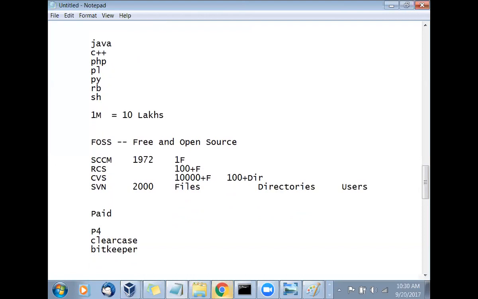Now something interesting happened in the year 2005. Now we'll talk about BitKeeper. What is BitKeeper? BitKeeper is a software, same version control, but it had an interesting thing. You have the entire Linux kernel code inside that BitKeeper. Now who has written the Linux? Linus Torvald. Who has written the Linux?